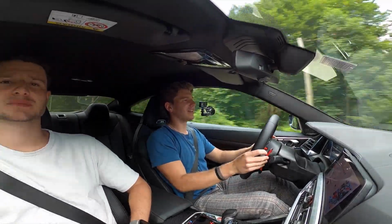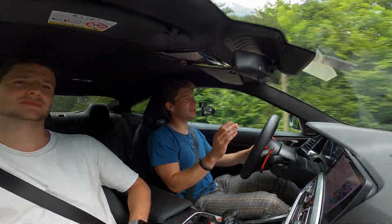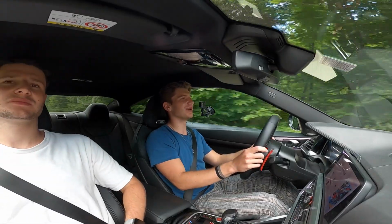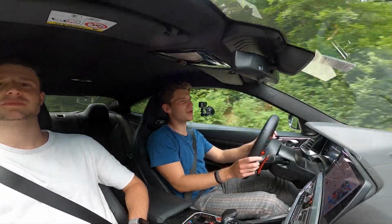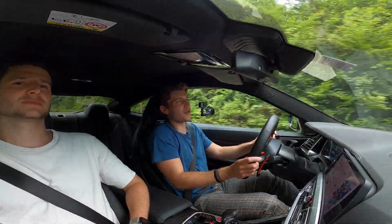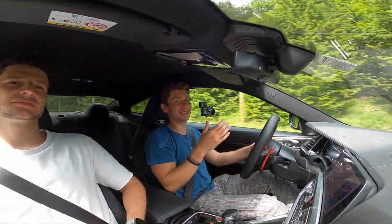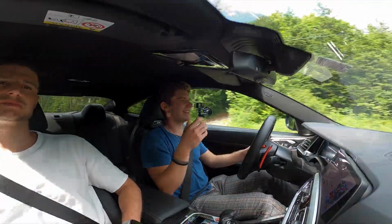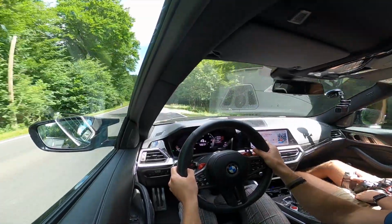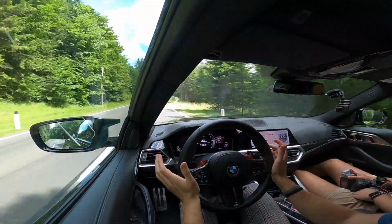Again. And those little things are the nice features that add to the driving experience of an M car, right? It makes it more theatrical, more enthusiastic, just more fun overall to drive the machine. And it's also an addicting thing. It's like, oh, I want to hear that noise every single time because it does sound good. I like it. But one thing I will say with the exhaust note on this